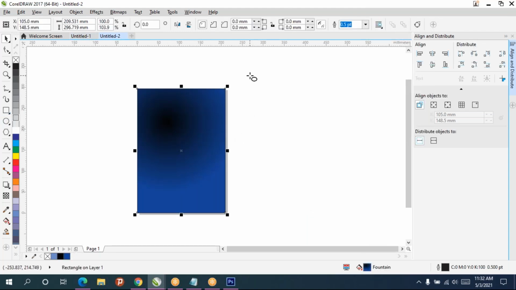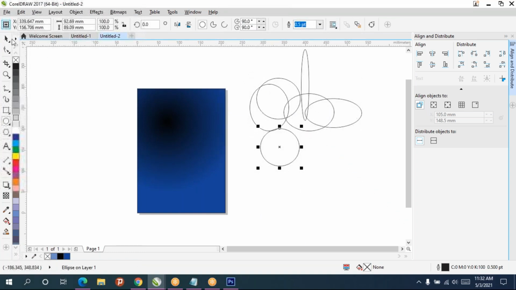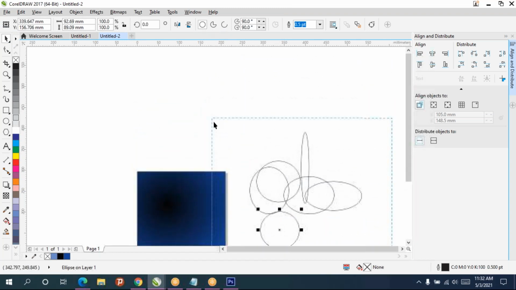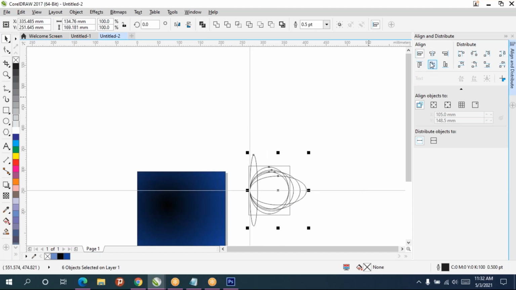For example, if we have circles like this, we can select everything and press center alignment, right, left, middle, again center.